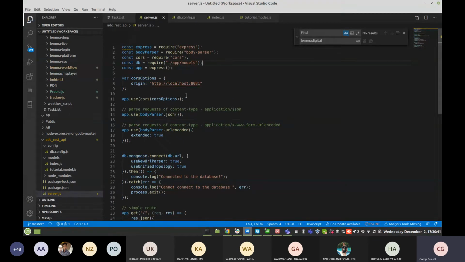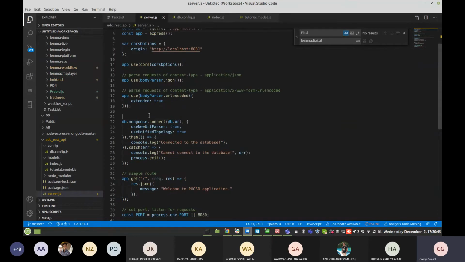Whatever required or included things you have, always put them at the top of the file, and then you can use them below. Here the console prints whether the database is connected or not connected.